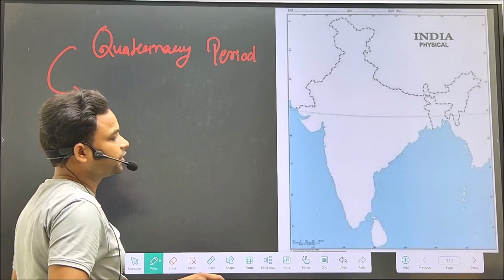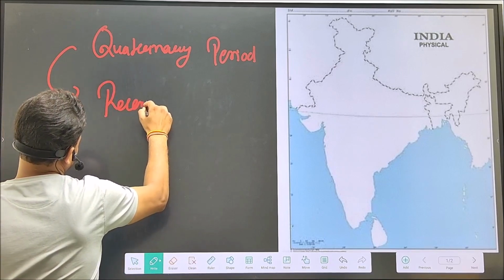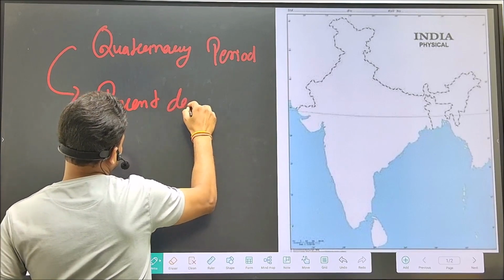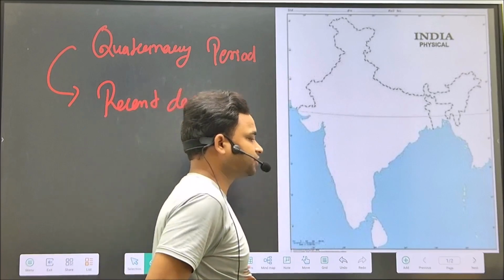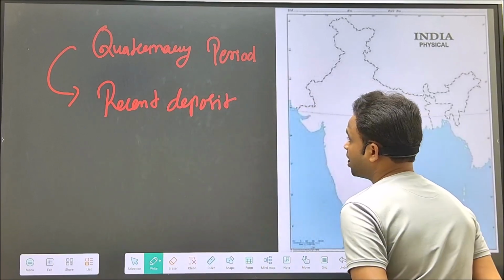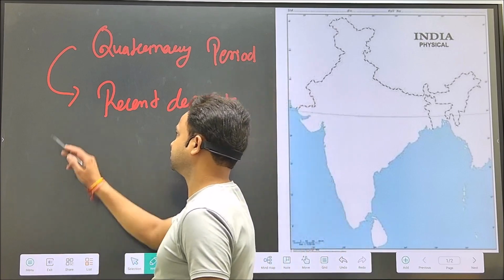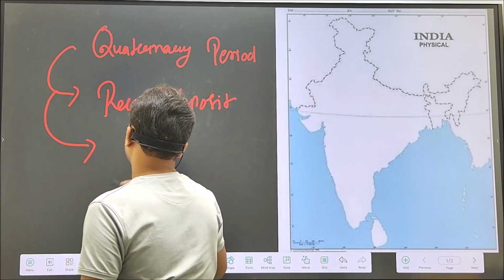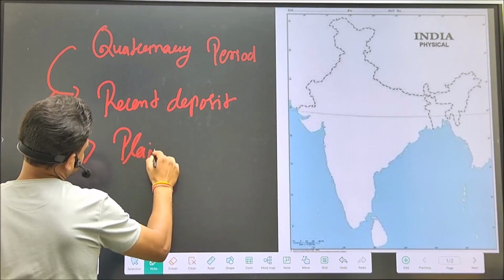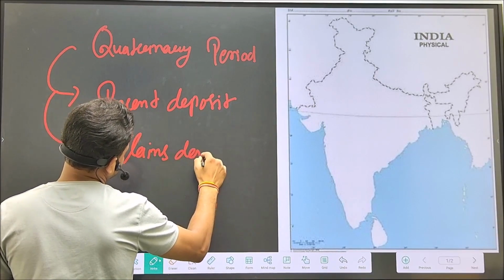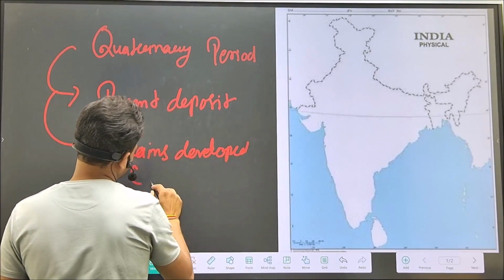See, quaternary means recent deposit, and if it is recent deposit, you can understand that all types of plains were developed in this time period. Plains developed like